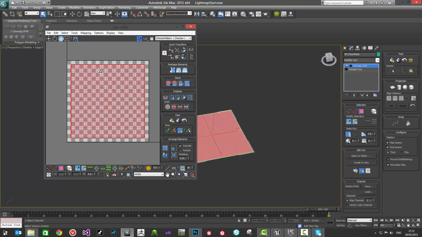Now the size of this border that you're going to have to leave is dependent on the target Lightmap resolution. The default size that you're going to get inside the editor is 64 pixels by 64 pixels for anything that you import. And you're going to want to set up your Lightmap UVs to that initially, so working off a 64 pixel by 64 pixel resolution. As you change the resolution, if you increase it, you may want to come back to Max and make some minor adjustments to these Lightmap UVs, because